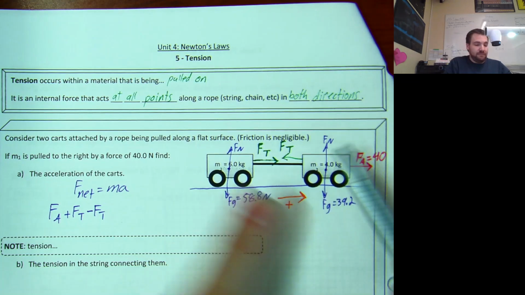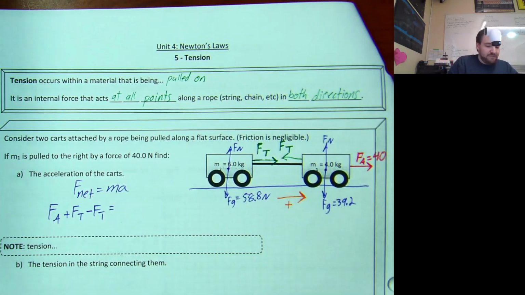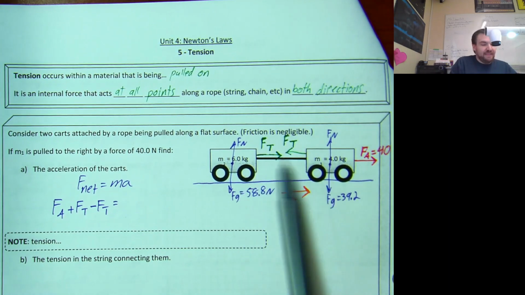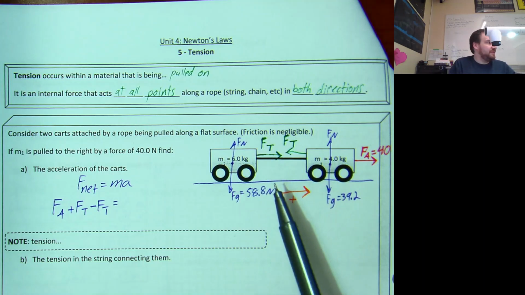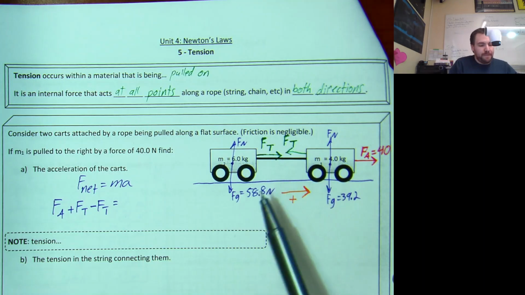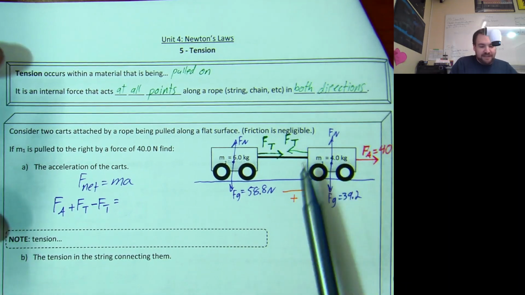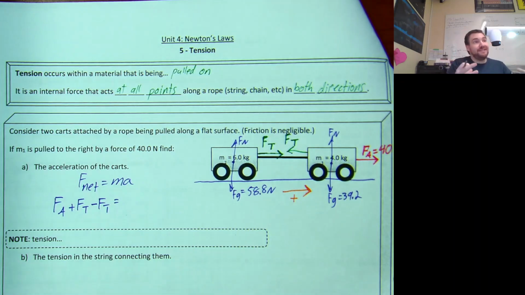It's like normal force and gravity. They cancel each other, but we still write them. Kind of, except these ones are acting in the plane, so we have to at least acknowledge that they exist and why we can eliminate them. So we're going to have FA plus FT minus FT, and that's going to equal the mass of our system,